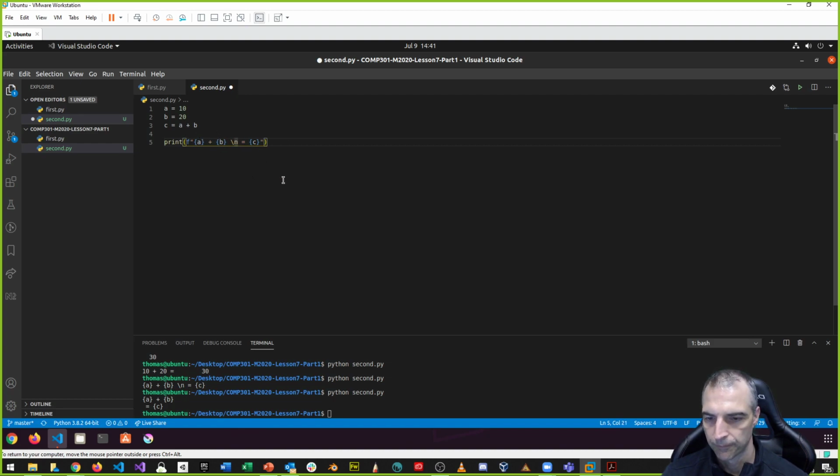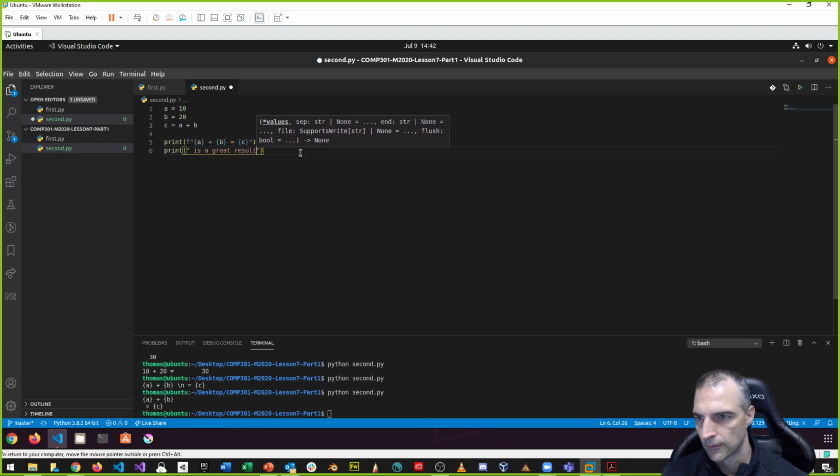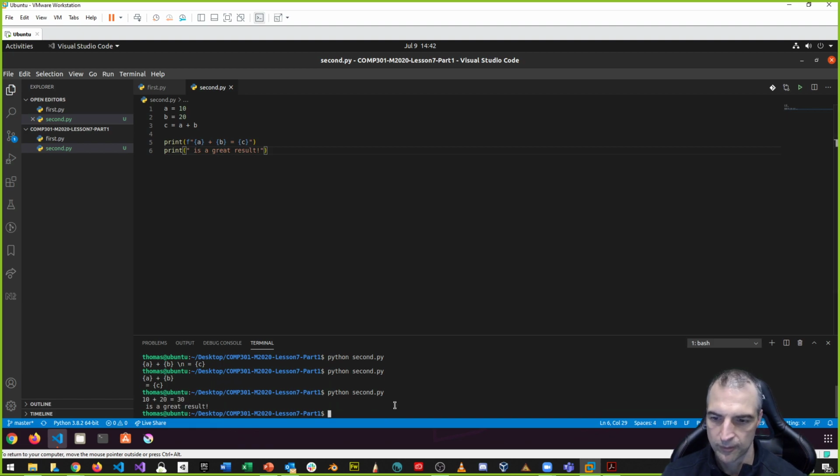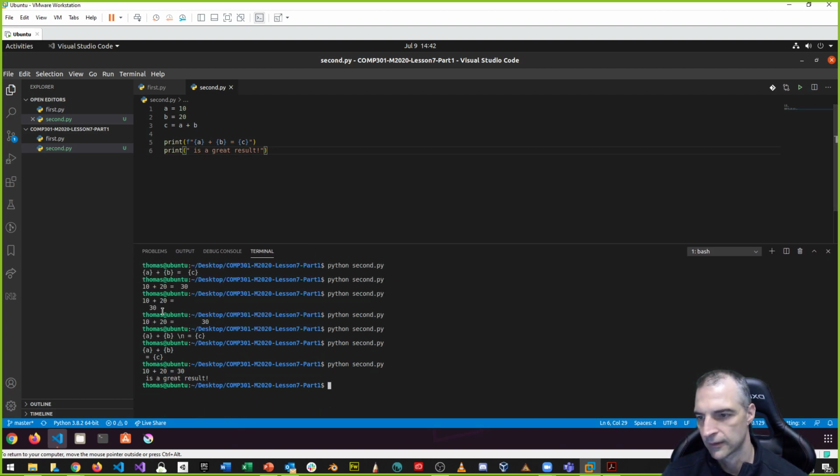Okay. But what about if I don't want to go to the next line? So let's suppose I have another line, something like "is a great result". But if I normally do this, and if I type in Python, you can see that 10 plus 20 is equal to 30, and "is a great result" happens on the next line. See that? If I want it to go on the same line, then I gotta type in,